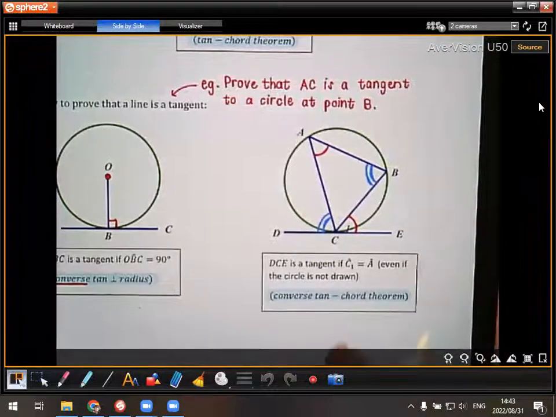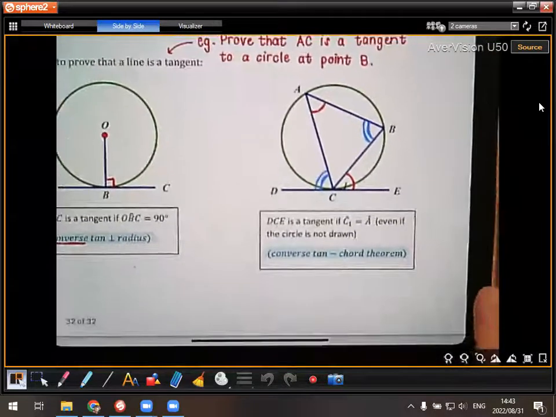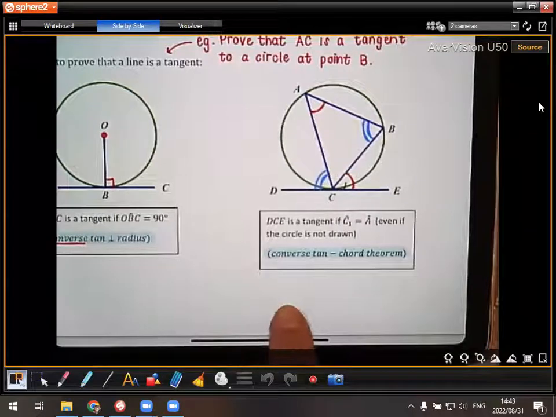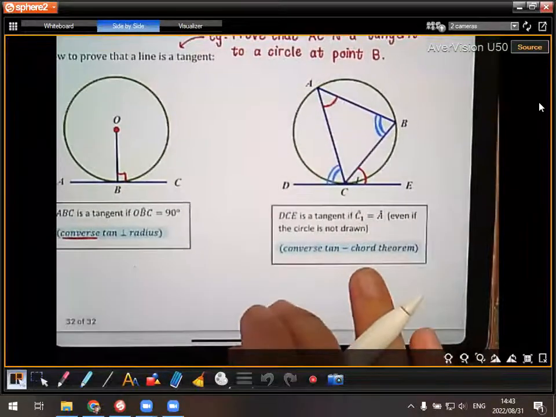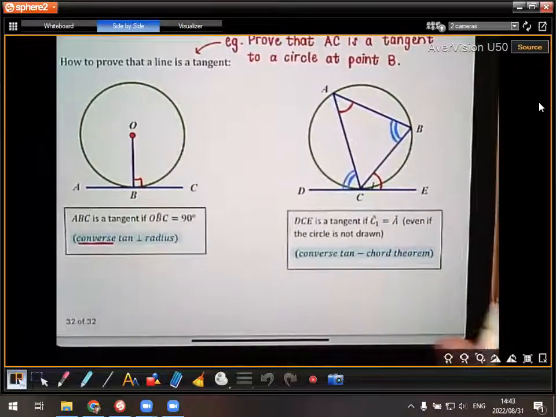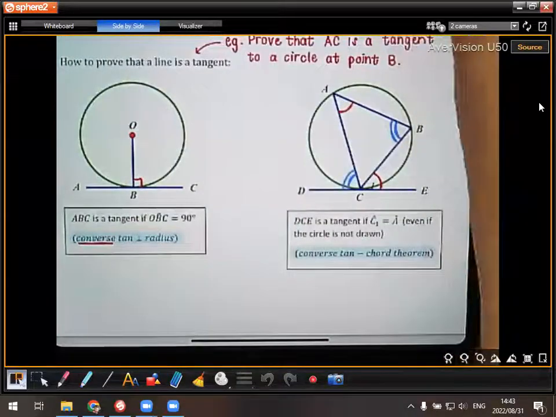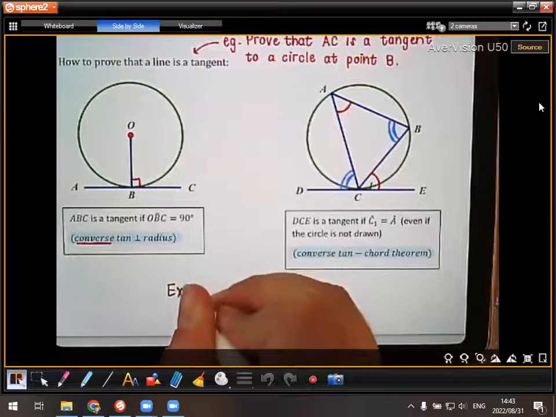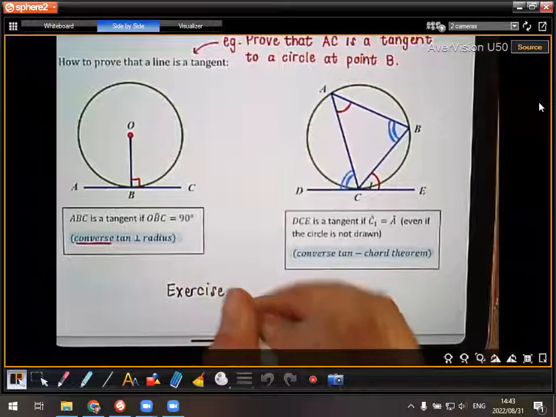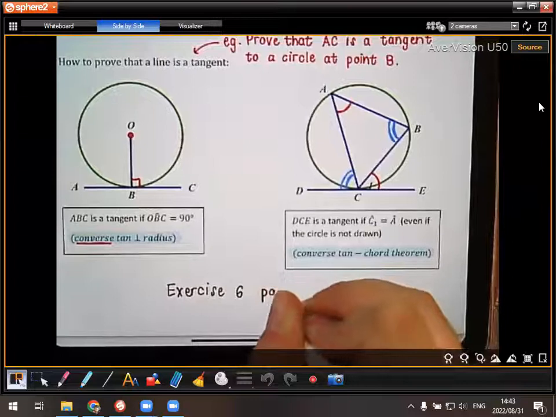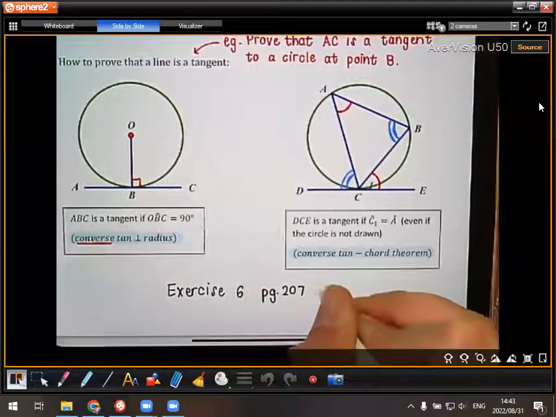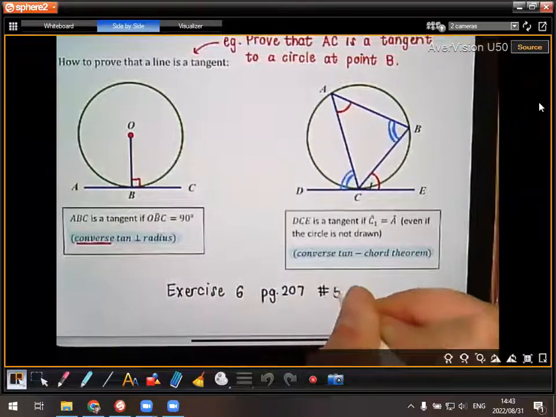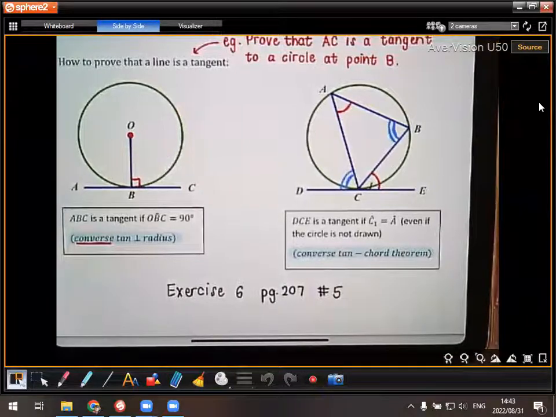Okay, I want you guys just to practice some more of the more difficult questions, where they ask you to prove things. I'm going to check now, guys, if I can find one where you just prove that it's a tangent. I just didn't have time to think of one for us. So it's exercise 6. I'll put the question on the board now. On page 207, number 5. Guys, tomorrow